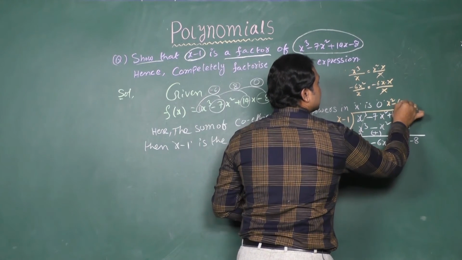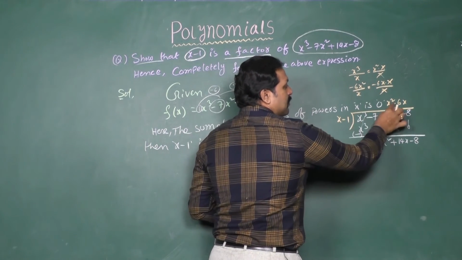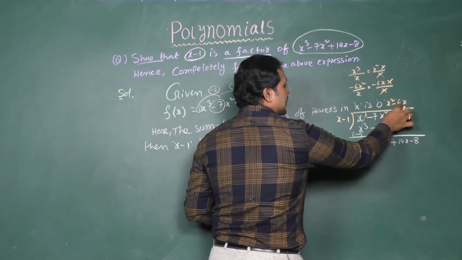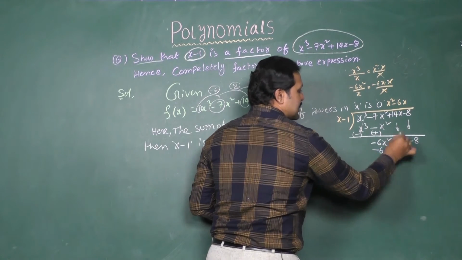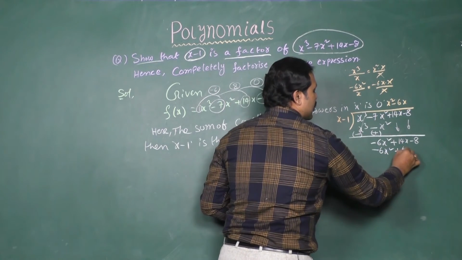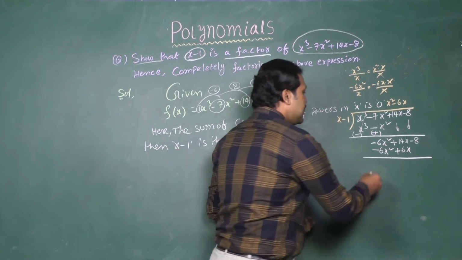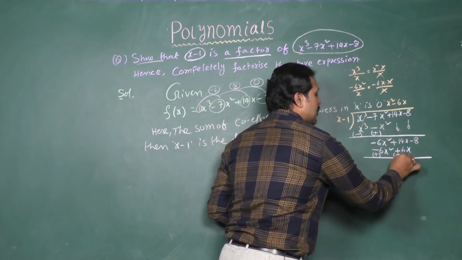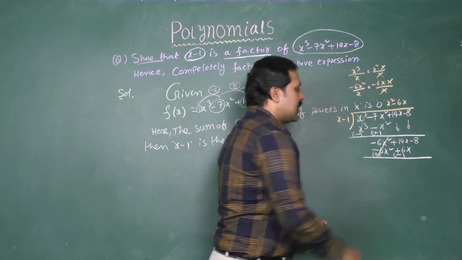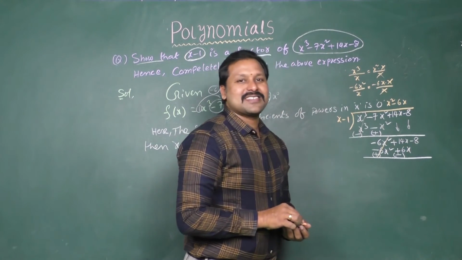So now multiply the divisor by minus 6x. Minus 6x into x is minus 6x square, and minus 6x into minus 1 is plus 6x. Change their signs, minus becomes plus, plus becomes minus. So minus 6x square plus 6x square gets cancelled. Plus 14x minus 6x gives